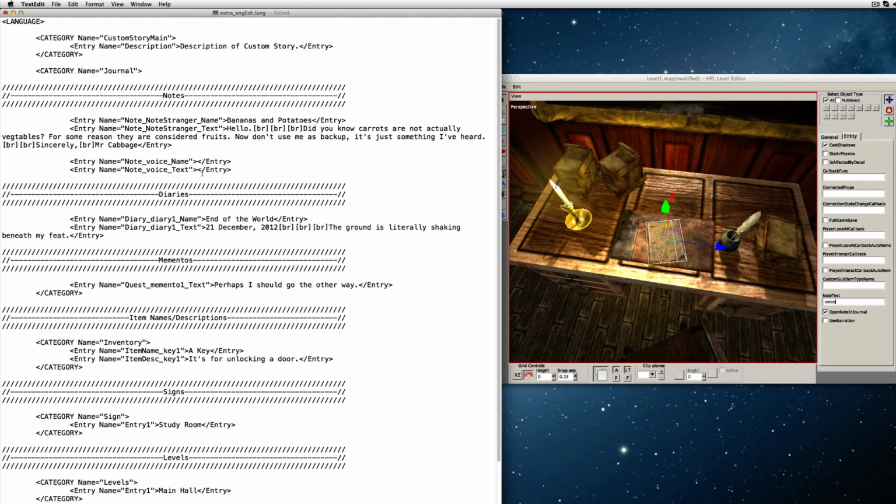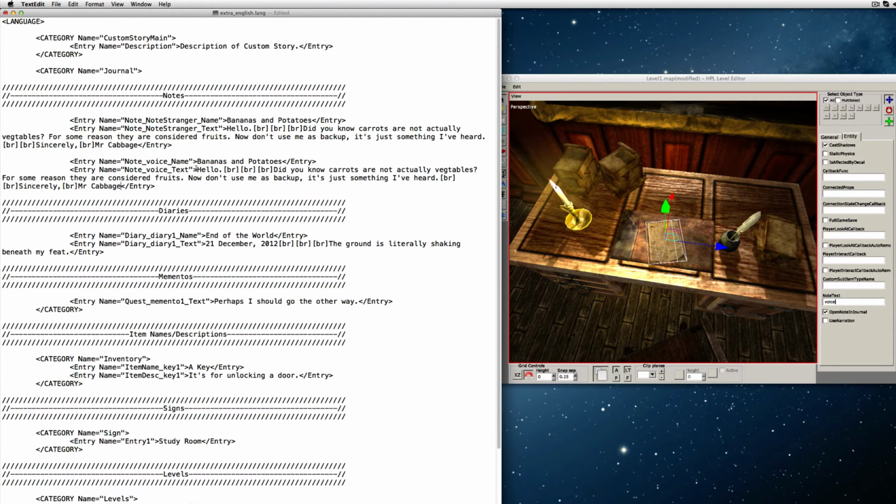and between the two entry parts, between the closing diamond brackets, you just write whatever text you like. So I'm just going to copy whatever I have up here and put that into the name, and then I'm going to put this text into text. So in case you didn't really understand this, then yeah, this is it. And I guess I could also just say that if you put square brackets and BR, that will break the line pretty much. It's like you press enter and make a new line.